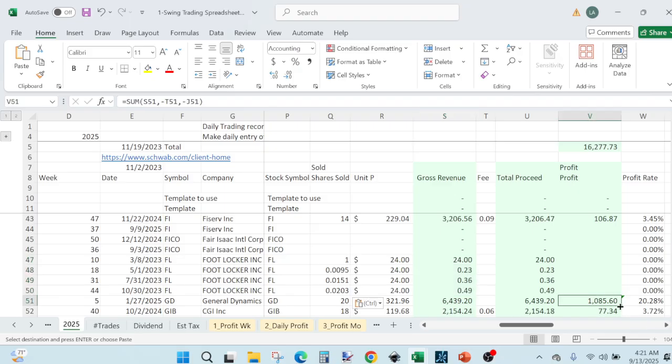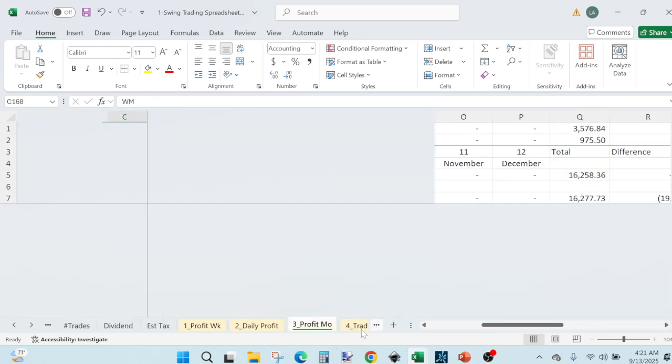Since I have the formula there, I will just extend it, and on every single one of them, besides the last one or so, we lost money on it. So that is how I like to keep track of those trades. So now that is there, it is now on our reporting